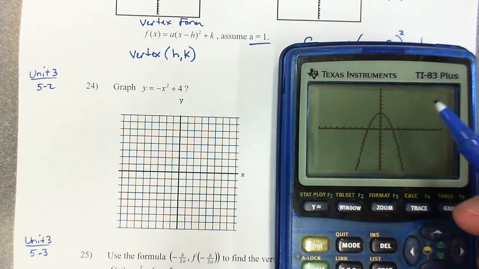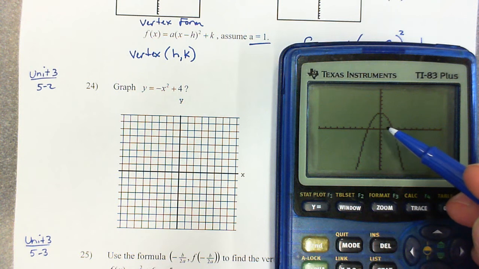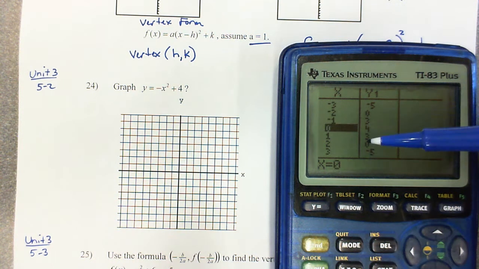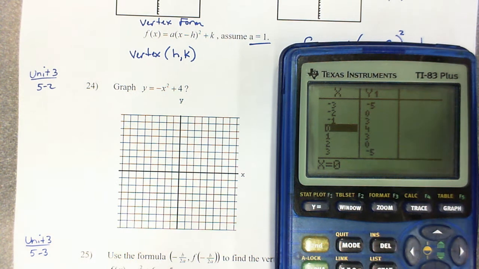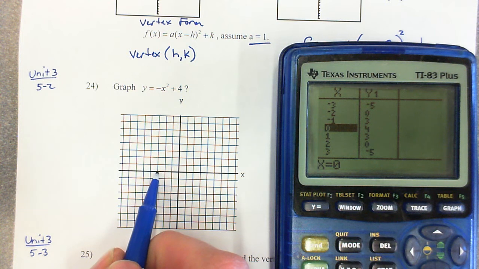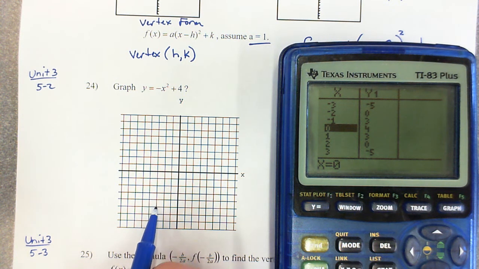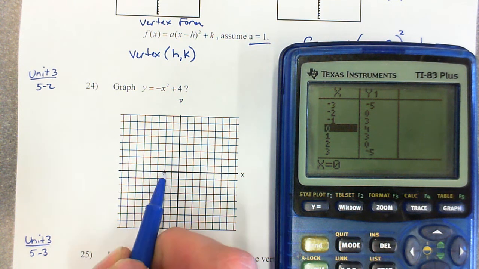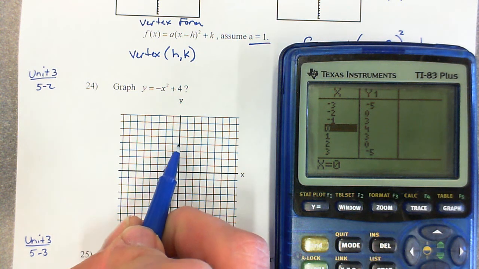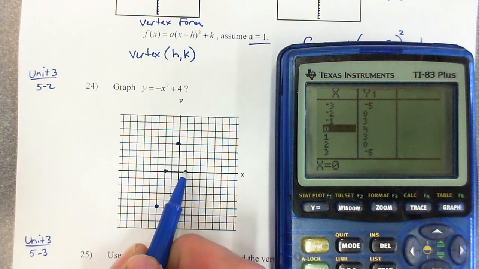Now, from the graph, it looked like the vertex started with x equals 0 and y equals 1, 2, 3, 4. 0, 4. So let's put 0, 4 in the middle of our chart. So there's 0, there's 4, and look, these are 3s, these are 0s, these are negative 5s. So I can plot these points. At negative 3, 1, 2, 3. I'm at negative 5, 1, 2, 3, 4, 5. At negative 2, I'm at 0. At 0, I'm at 4, 1, 2, 3, 4. At 1, I'm going to be,